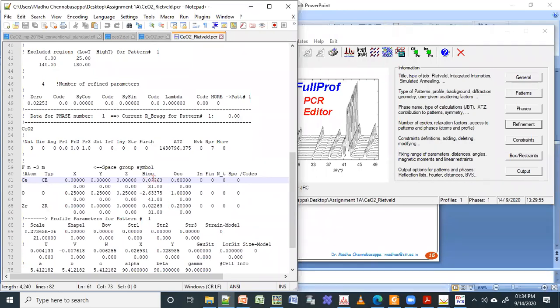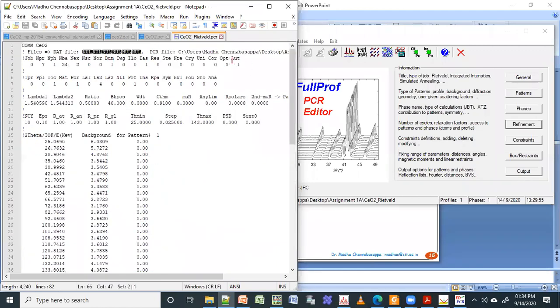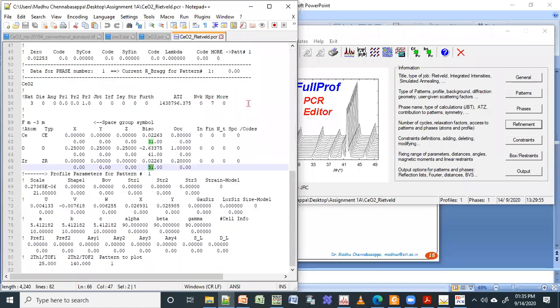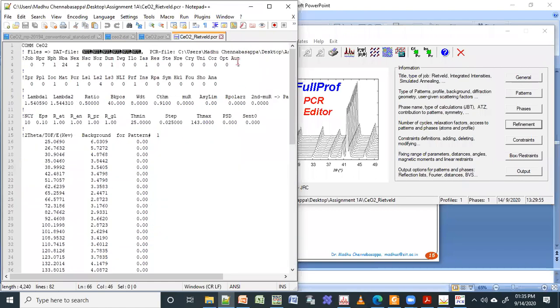And you can notice already here, 0.2283 is for cerium, 0.02283 is for zirconia, and the code is the same, 3131, because these are the same sites. We are talking about the same site. The program is already taking it by default, because I put AUT as 1. If I don't put AUT as 1, then it will put something like 51. That is the reason I always ask you to do AUT equal to 1, automatic 1.